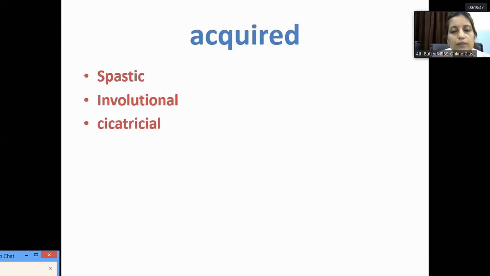So you can be confused with the entropion and ectropion grade types, or you can be confused with the entropion and ectropion classification given in Khurana. So it is a little bit different in Khurana. In Khurana, it is classified into 4 types, but in case of the American Academy and other books, the acquired type is classified into 3 types, that is spastic type, involutionary type, and cicatricial type.